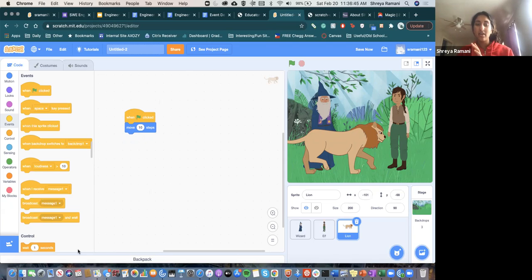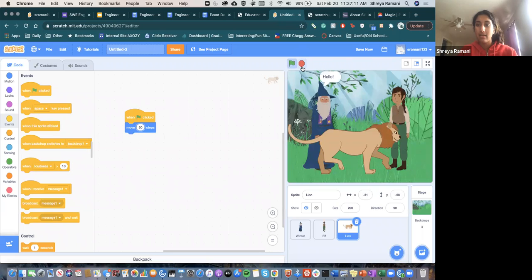So that's how you see motion, to see how the lion can move. If you guys really want to see a big change, I can make him move, I don't know, 50 steps. So once I click that, you will probably see him move a little bit more. Yeah, so as you can see, he moved that way, but you can play around with that and see how it goes. But yeah, we can start that way, and then we can